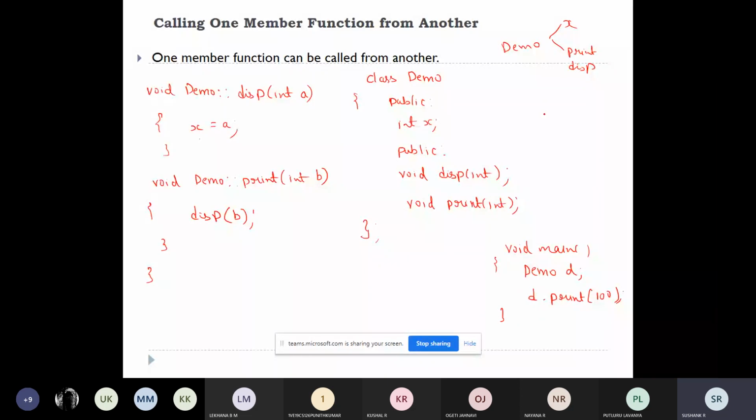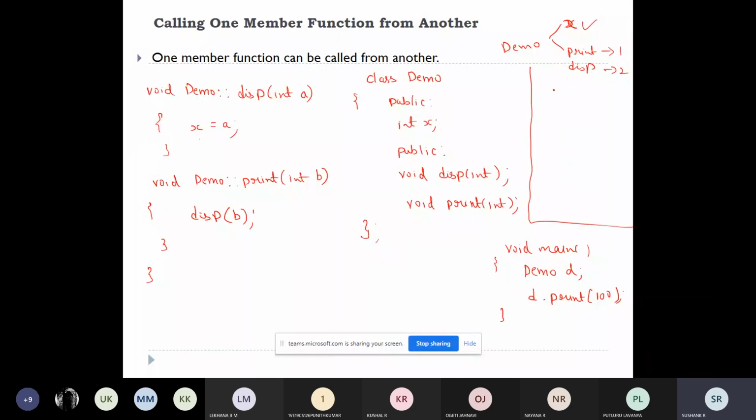So this demo class contains a variable x. It contains two functions. One function is given the name print, and the second function is given the name display. It is taking an integer as the parameter.